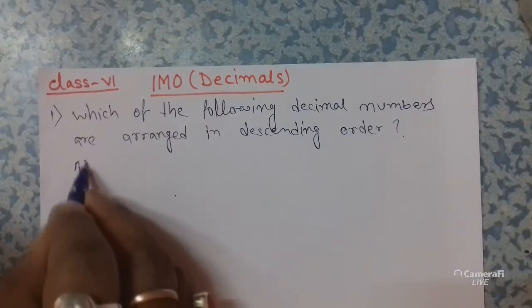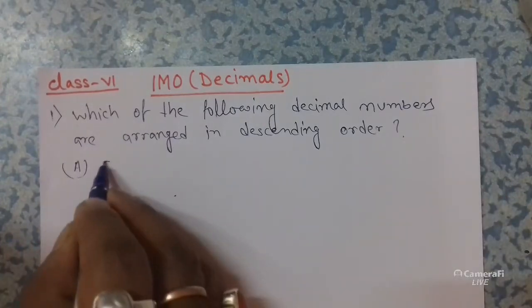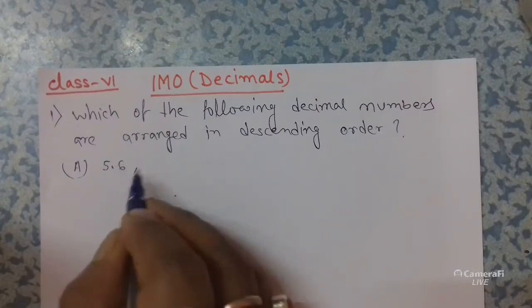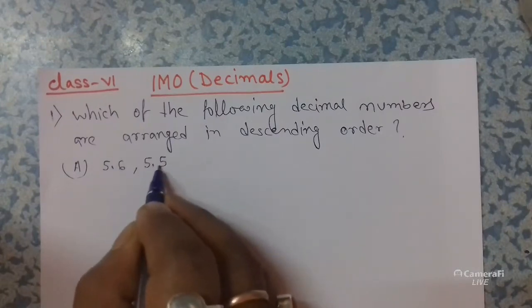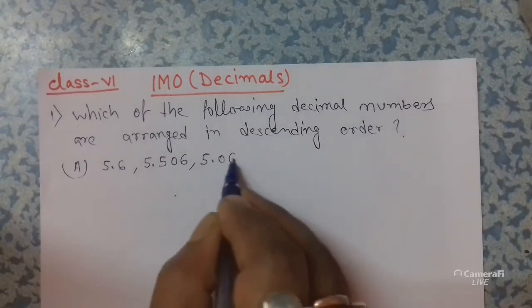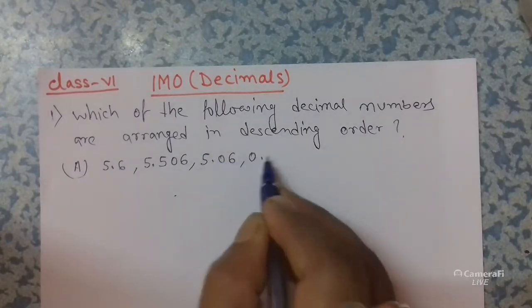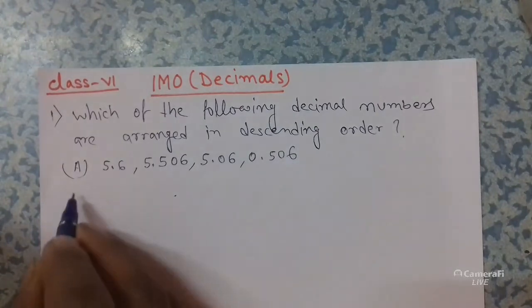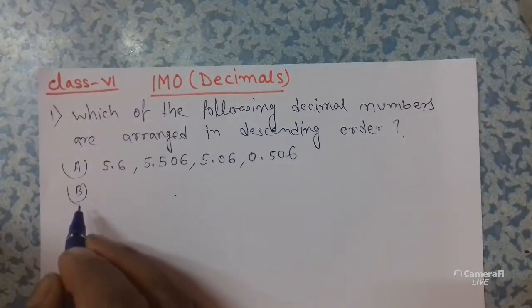The options are: Option A, 5.6, 5.506, 5.06, 0.506. Option B,